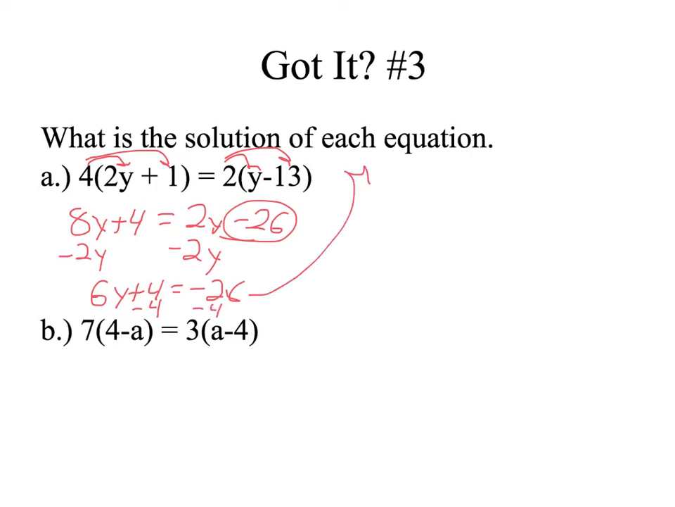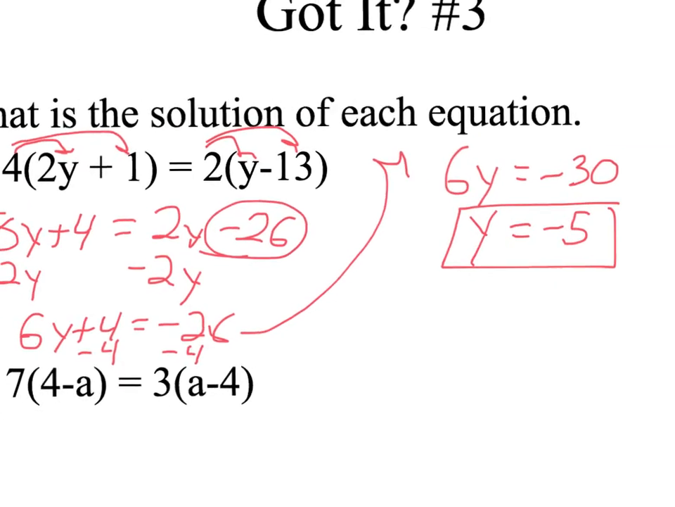So I need to put that over here. I have 6y equals negative 26 minus 4 more would be negative 30. Divide both sides by 6, and you get negative 5. Okay, one way we could have done this differently,